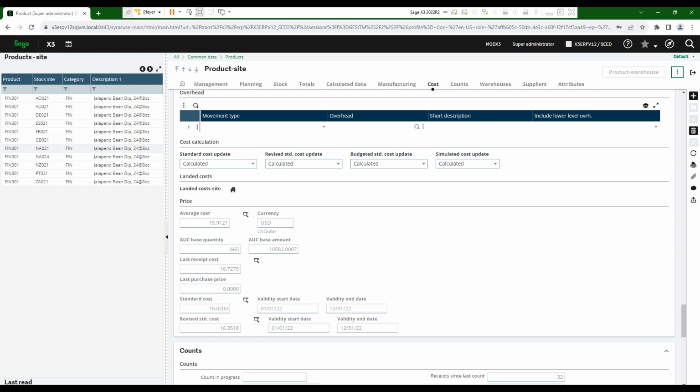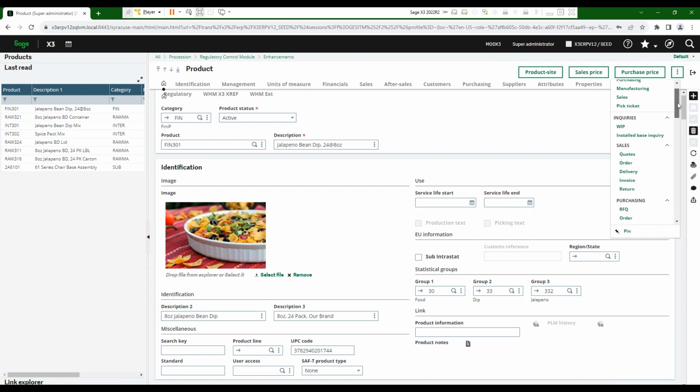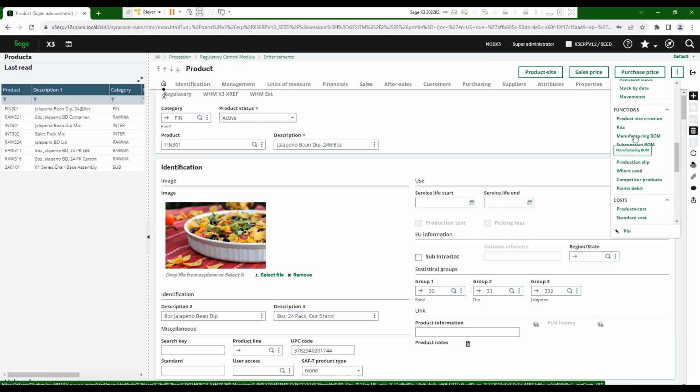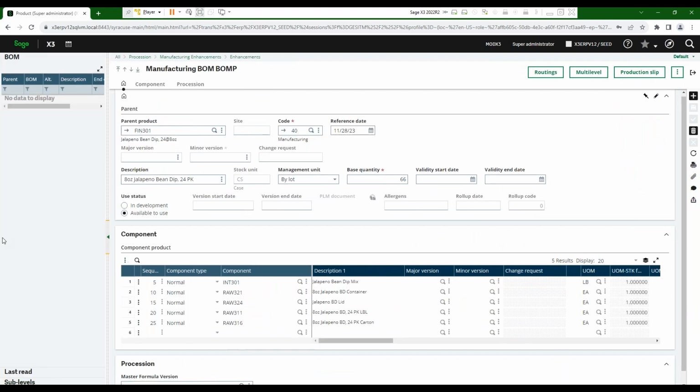Now let's look at the bill of materials, the recipe for FIN 301, and then once we look at the recipe and the routing, we'll go and generate MRP for it. There are different ways you can access this. Let me exit the product sites and go to the product level. From the product, if I click on the ellipses and go to bill of materials, I can access it from here. So there's my manufacturing BOM for this, or I could have totally exited this and then clicked on my